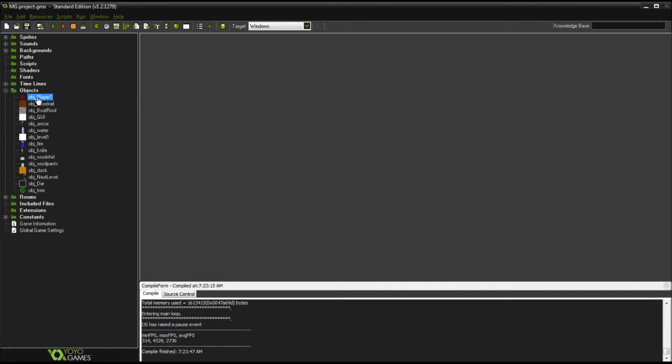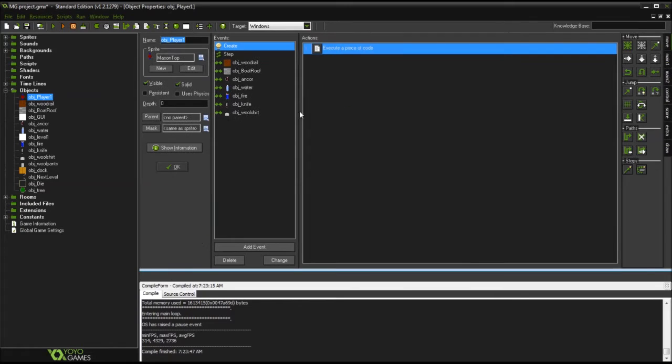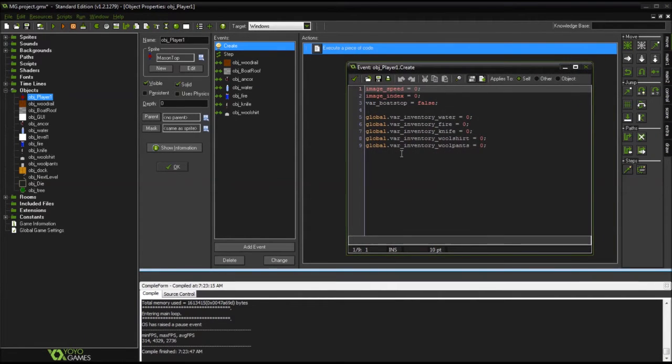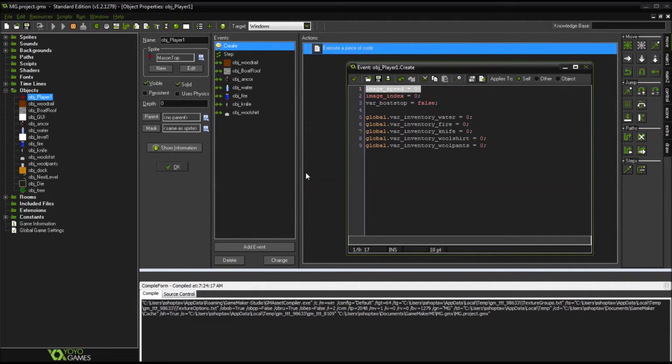I'm going to open up the object player 1, which is the player that was walking around. And what we have here is the create event, which is when this player is created, this block of code is being run. And what's in this code is several variables. So we have image speed, so we set his speed to 0, which means that when he is standing still,